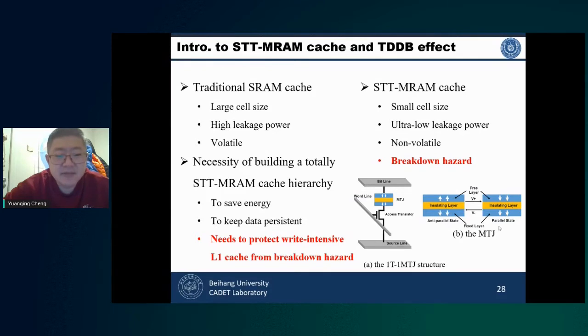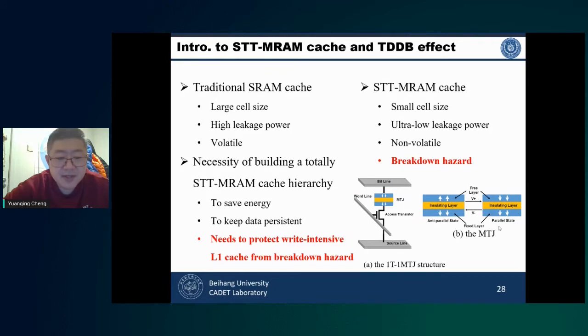That is, the memories in this kind of processor are all non-volatile memories to achieve the ultra-low power design requirement. In this case, we have to use the STT-MRAM to build the whole cache hierarchy to save